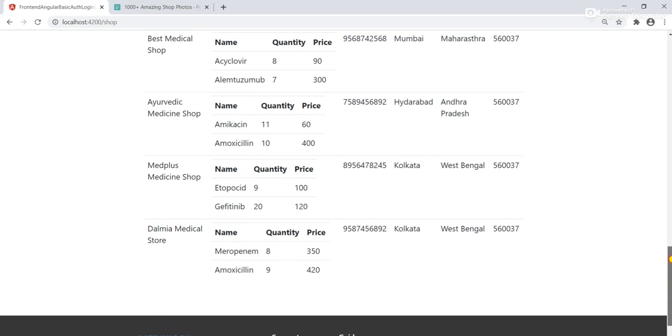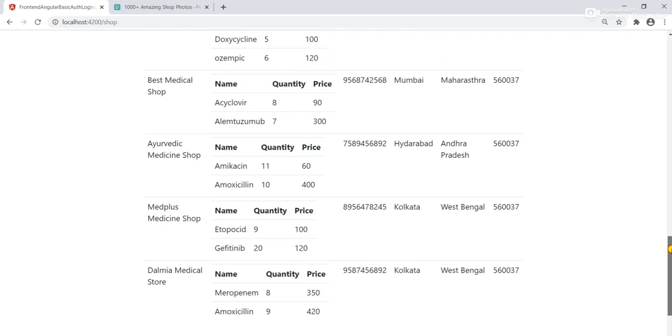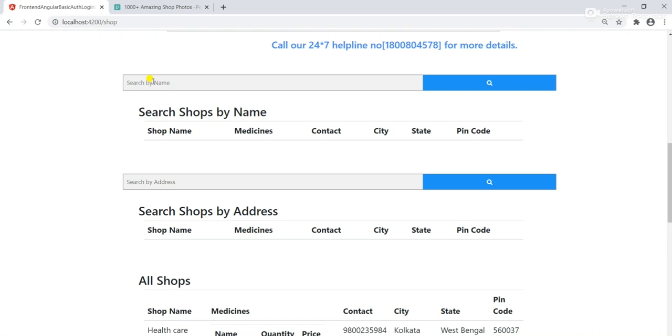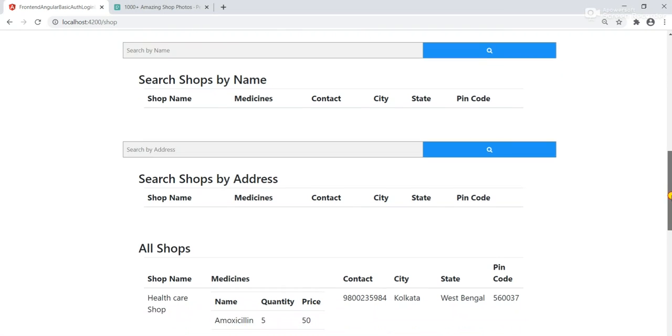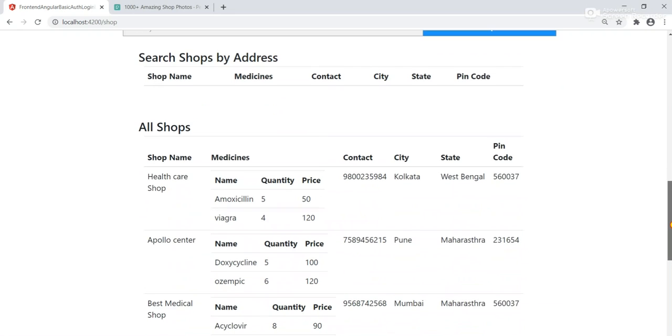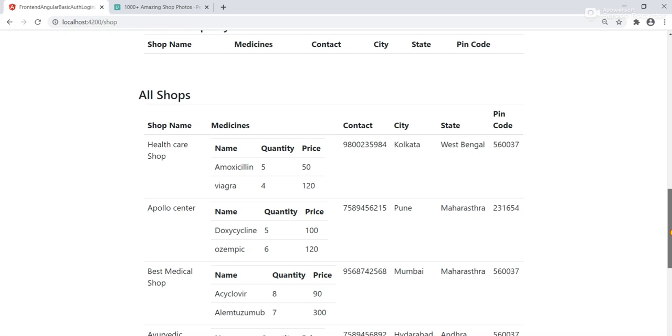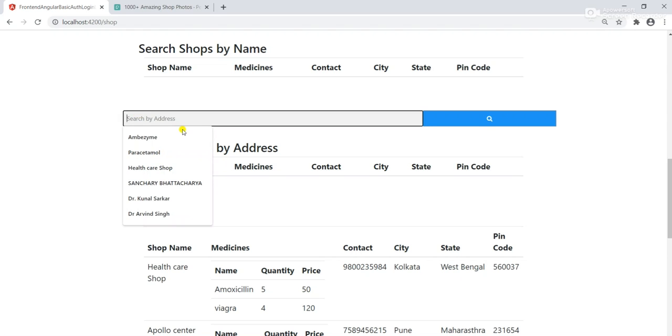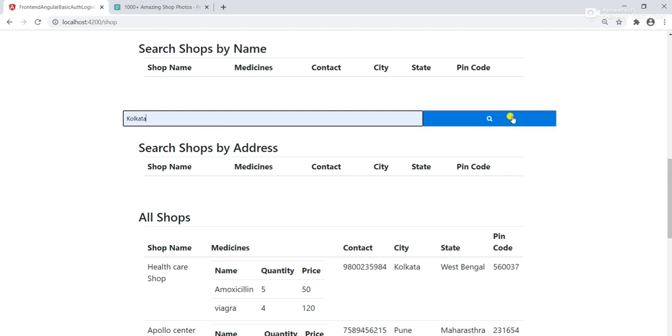So if we have more than 1,000 shops, then the user has two options. He can search by shop name, or he can search by address. Suppose we want to find out the shops in Kolkata. So now we write Kolkata, and when we search it,